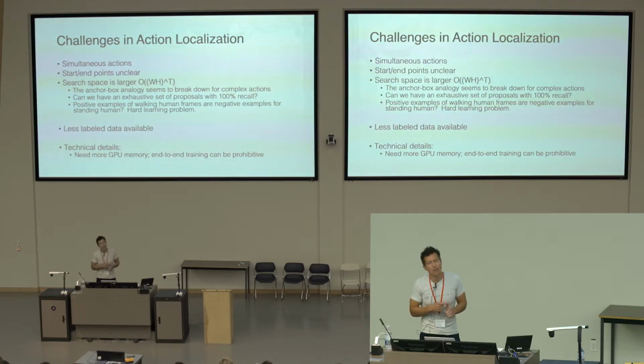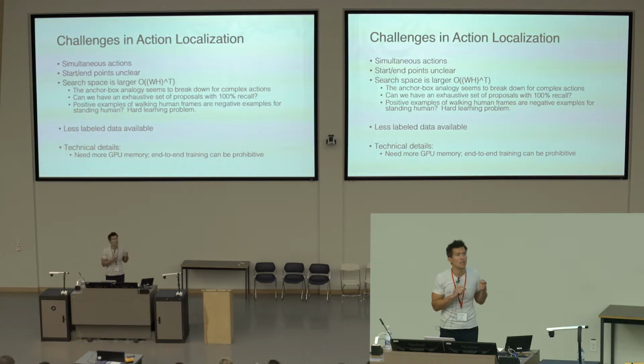The other thing that's particular in action localization is that the search space is much larger. If you think about trying to do object detection in an image, your problem is to search over possible spatial locations and scales for where that action or object is taking place in one frame. If I have to do that in time, I've got this challenge of doing exactly the same thing to the power of the number of frames for which that action is going to exist. So building algorithms that can actually scale in that way is very, very difficult.